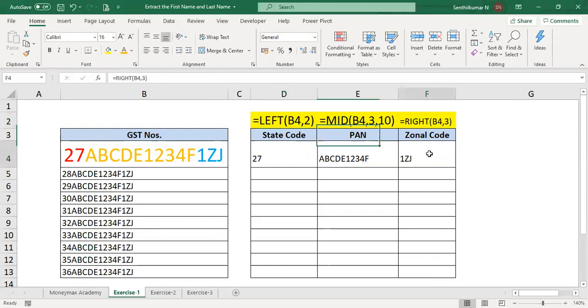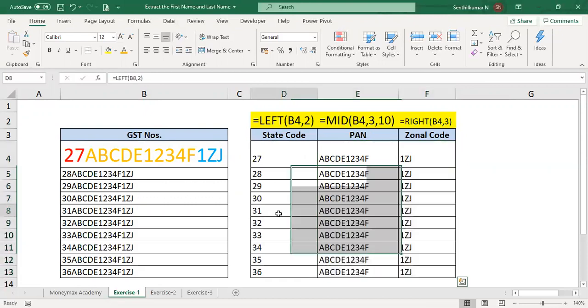The zonal code has 3 characters, so we have used the right formula and split the 3 characters. Finally, in the middle, we have the PAN number of 10 characters, so we have used the mid formula and split the PAN number separately. If you copy paste, you can get the same.